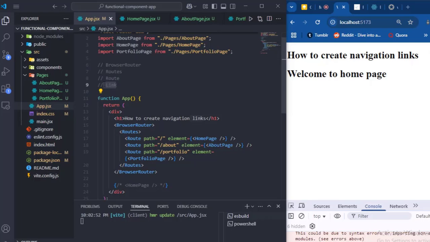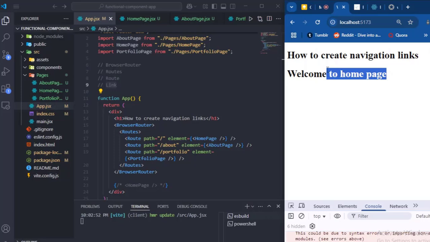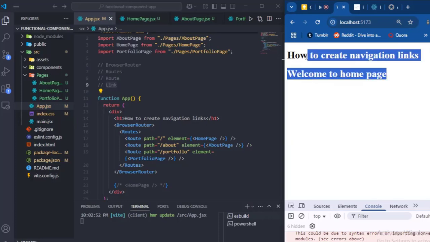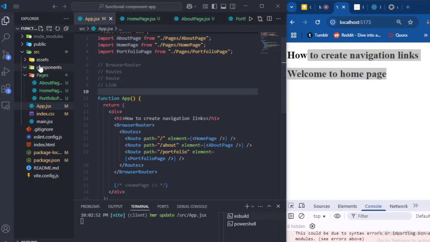Okay. Now, with this link, we'll be able to create a navigation link, which means an anchor element. All right, and I would like us to just create a component that will render our navigation link. Since we already know how to create components, inside this component folder, currently we don't have anything inside. All right, I will create a file inside here